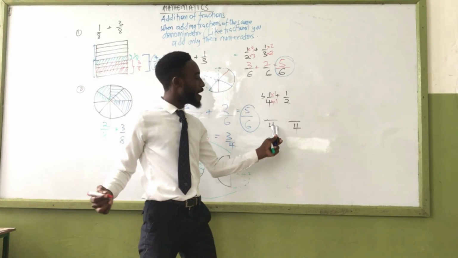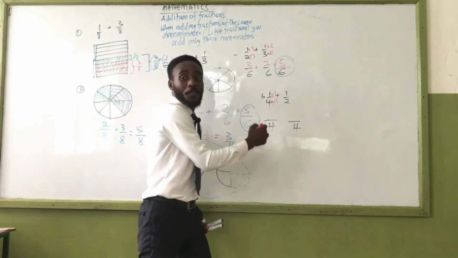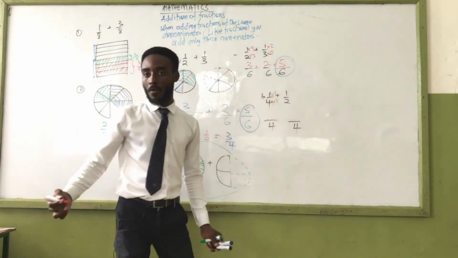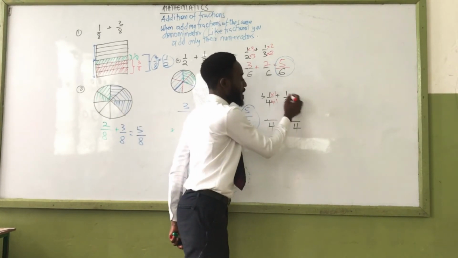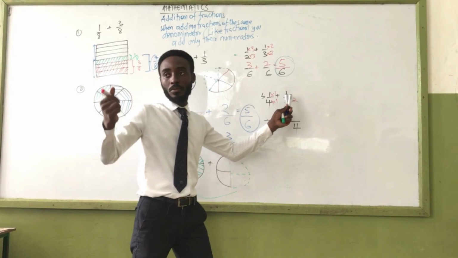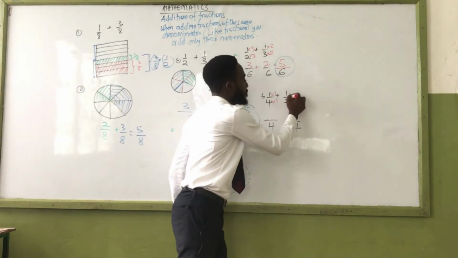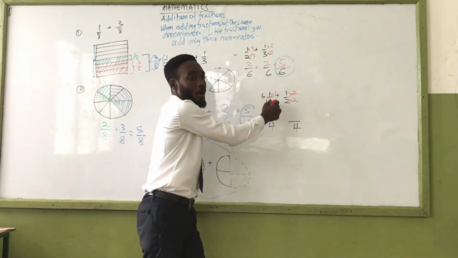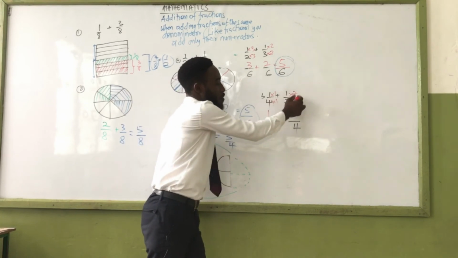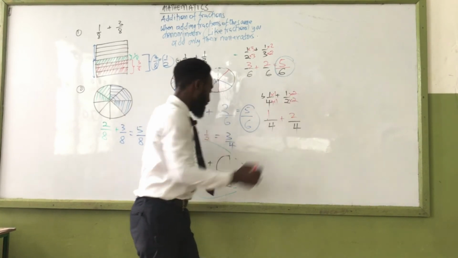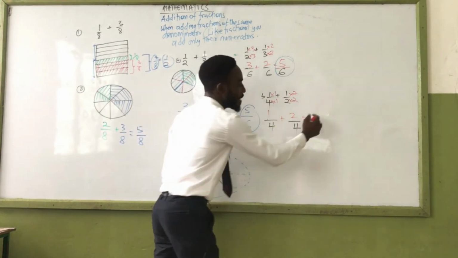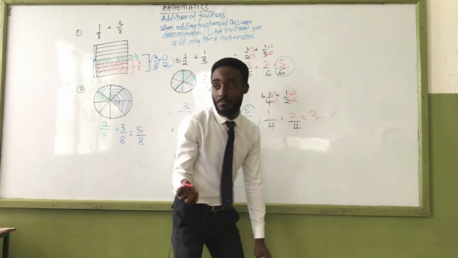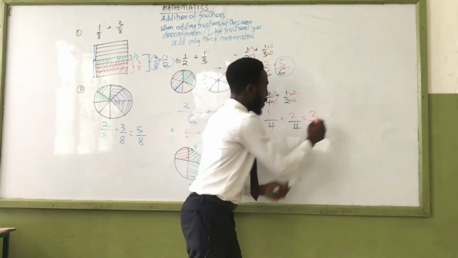1. So 4 times 1 is 4, 1 times 1 is 1, right? What do we do to 2 to get 4? Times 2. Is that okay? Sarah, what do we do to the 1 as well? Times 2. Perfect. So 1 times 1, 1 times 2 is 2. So let's add and see. 1 plus 2 is 3. And then do we add the denominators? No. So we have all over